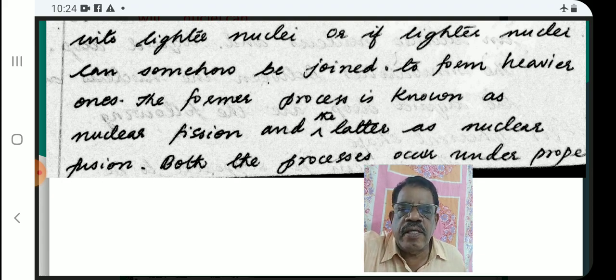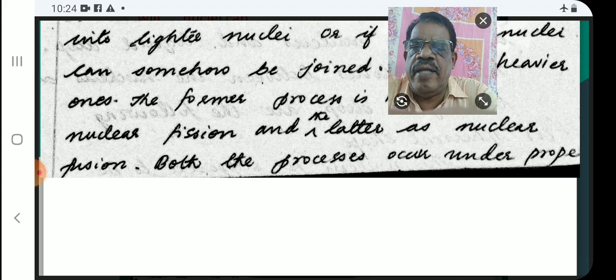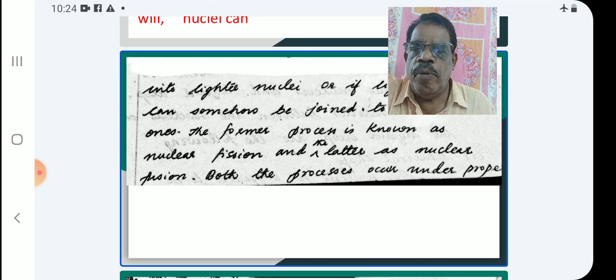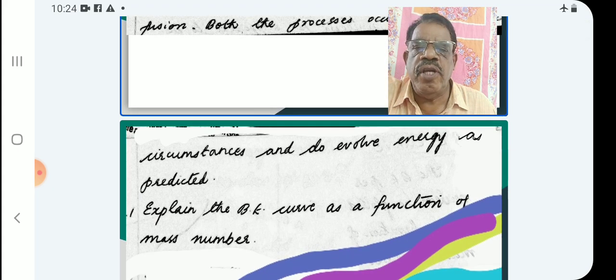Both the processes occur under proper circumstances and do evolve energy